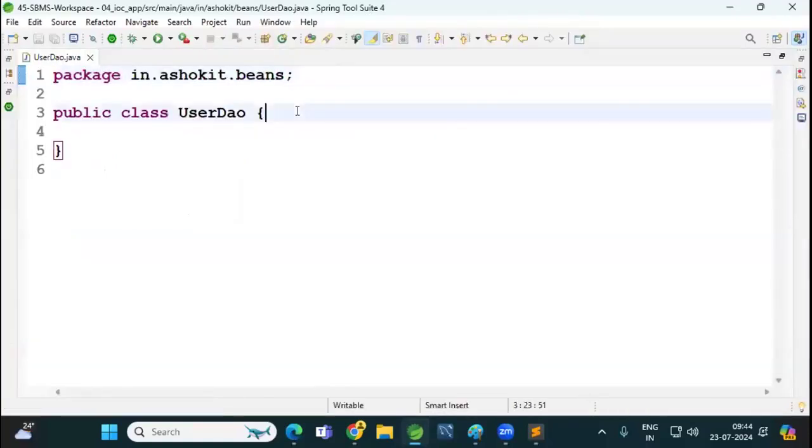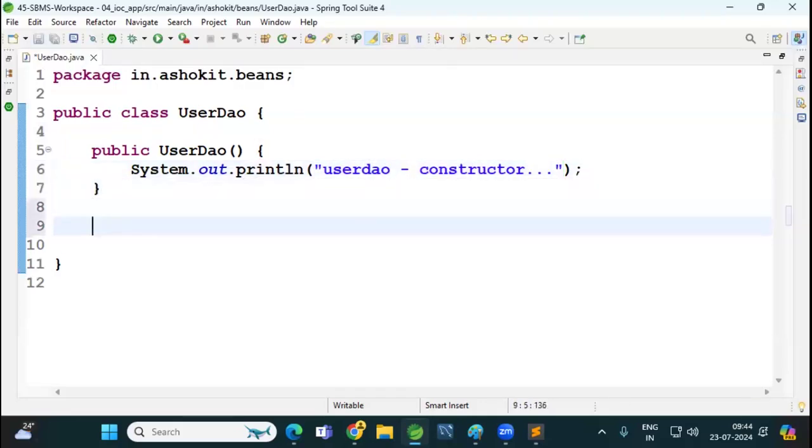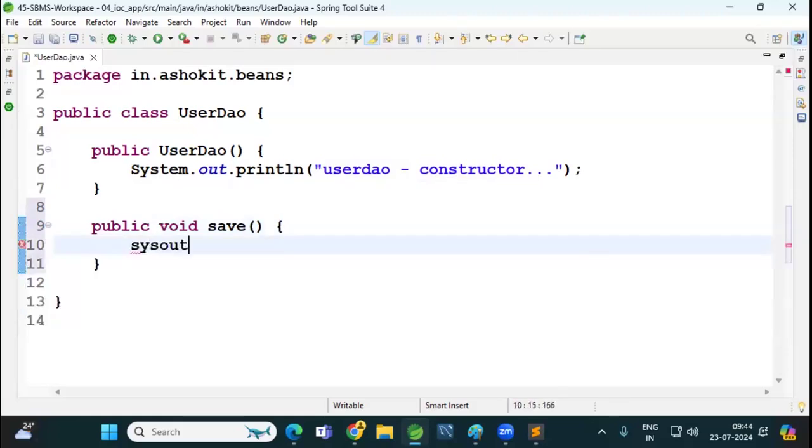So in this class, I'm writing one zero param constructor. Here I'm specifying UserDAO constructor got executed. If this message is printed, that means the constructor got executed. And I'm writing one dummy method, public void save method. Here I'm writing System.out.println, user record saved in database. So how to save in the database, we will discuss in the coming classes. Currently, we are writing